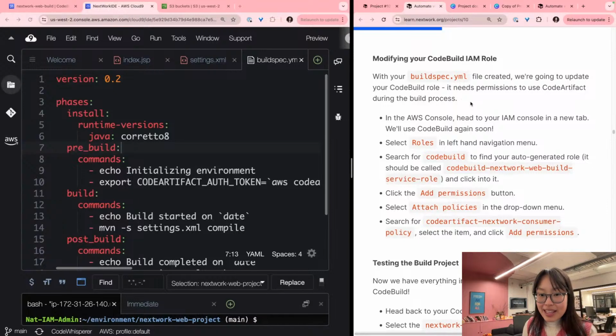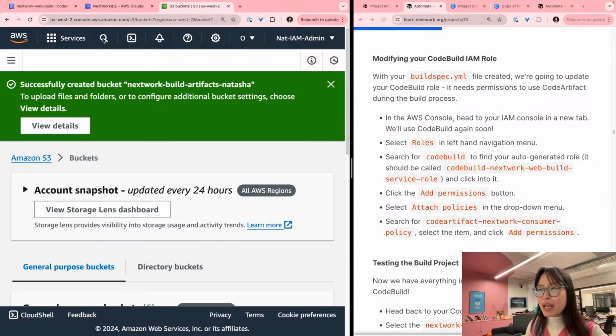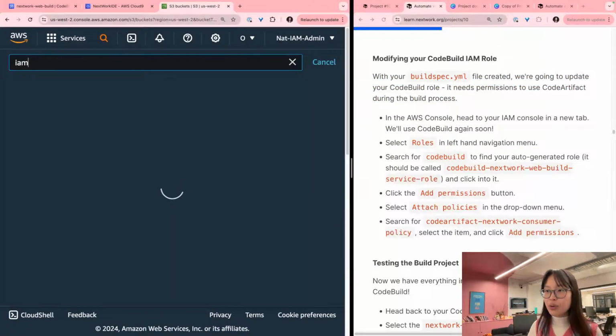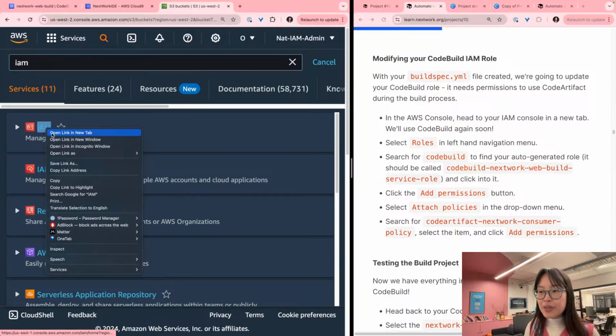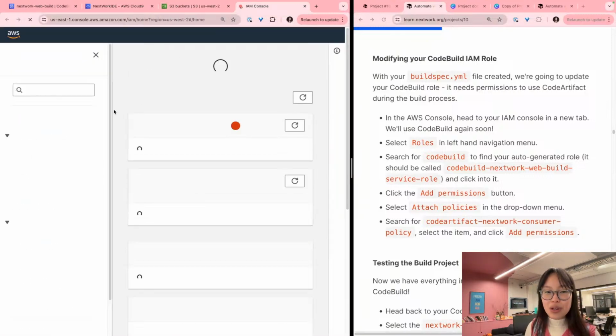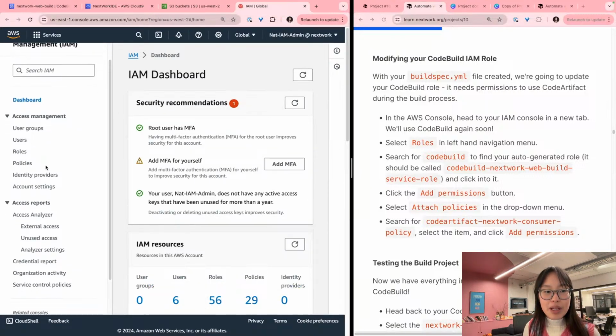Right now, it doesn't have access to CodeArtifact, but it absolutely needs access to CodeArtifact. In fact, it even asks to export a CodeArtifact authentication token. So what that means is, let's absolutely go inside IAM and make sure CodeBuild has access to our CodeArtifact repository. So I'm going to be opening up my IAM console once more, this time not to